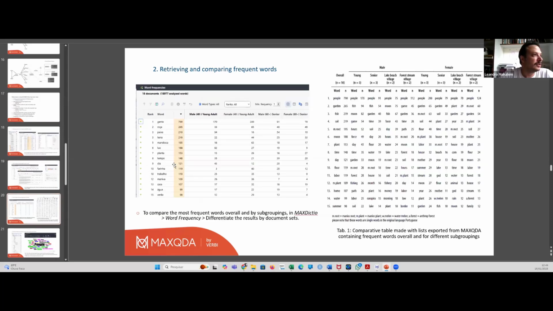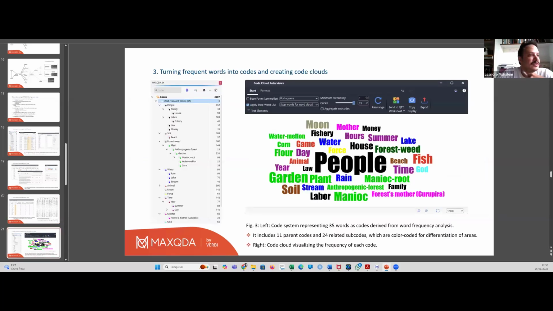in this exploration here. One thing which is very interesting that I learned during the process is that we can differentiate the word results using document sets. We can see here in this image on the left side the number of mentions different subgroups have made of a single word. And on the right side here is the table I created for the 2019 article on cultural models of nature, which is focused on the words and their variation in each line. We can produce results using those words in various ways, but I arrived at 35